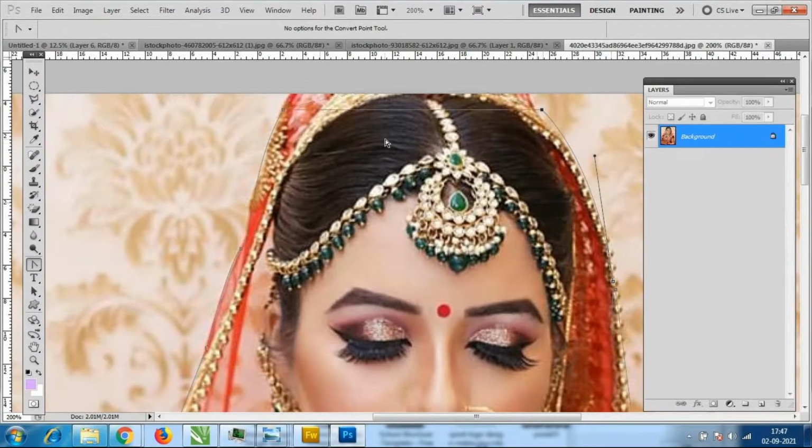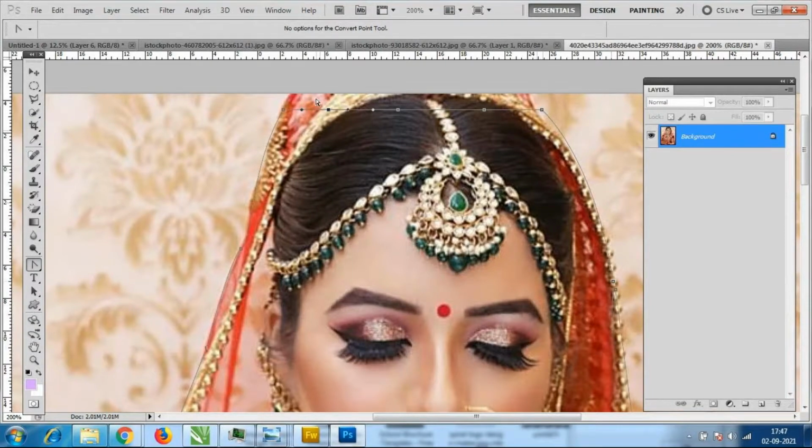See, now it has become completely straight. So what I have to do, I have to add the add anchor point tool. So I will add 3 anchor points. Then I will go to the convert point tool. See, now what happened? It is not coming proper.